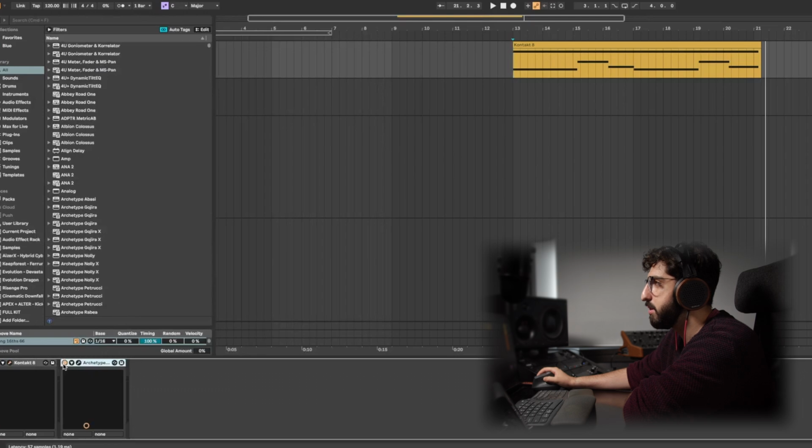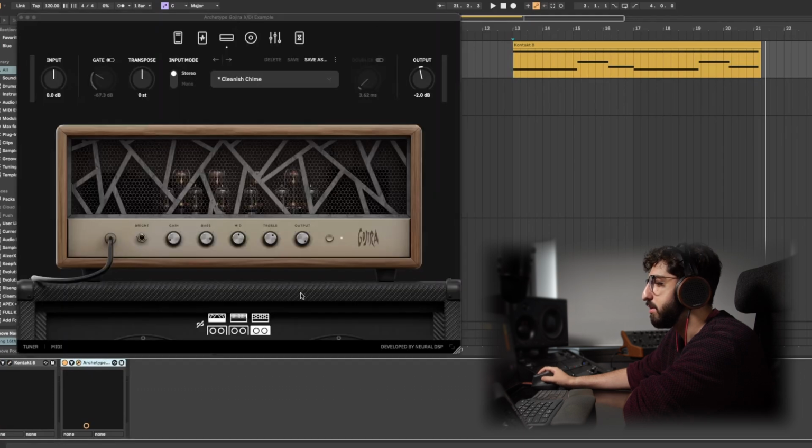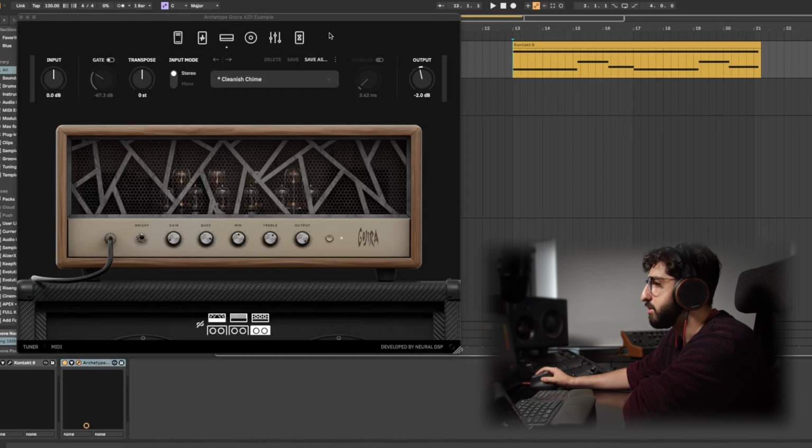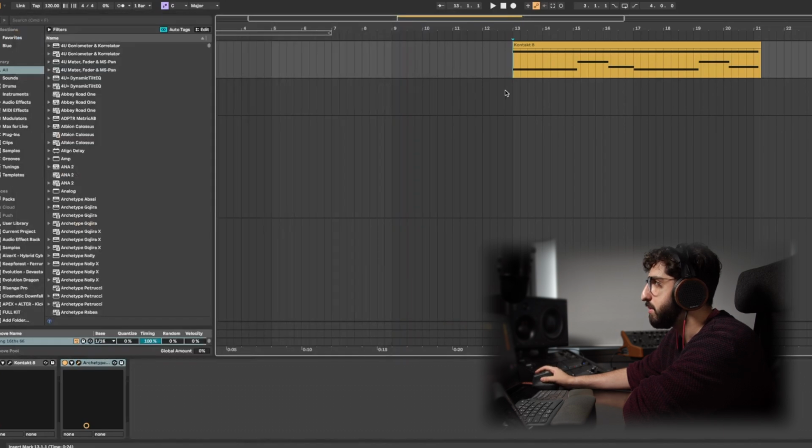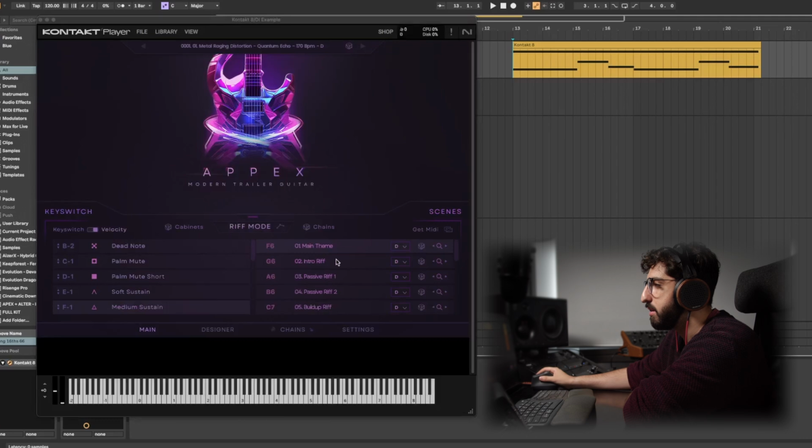But I'm just loading up just any old instance of a Neural DSP plugin. This is just Gojira. This is just a random one. You can do this with anything that you're after. I mean, anything that you have. I tend to use Neural as mine. You can use whatever you want. You might not even want to use an amp. You could be using some weird shaper box thing. You could be doing whatever. But if you play that now with the chain,